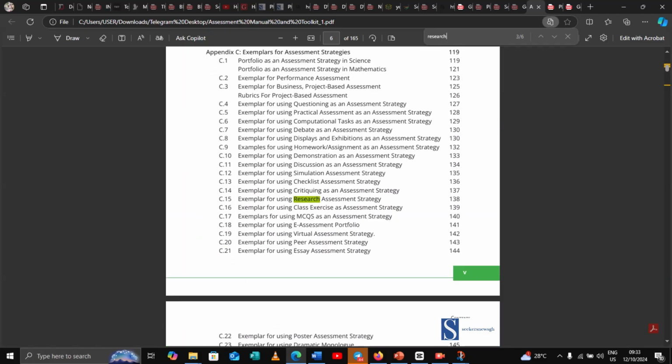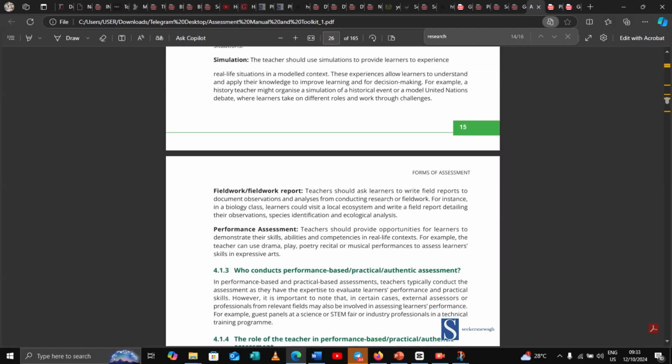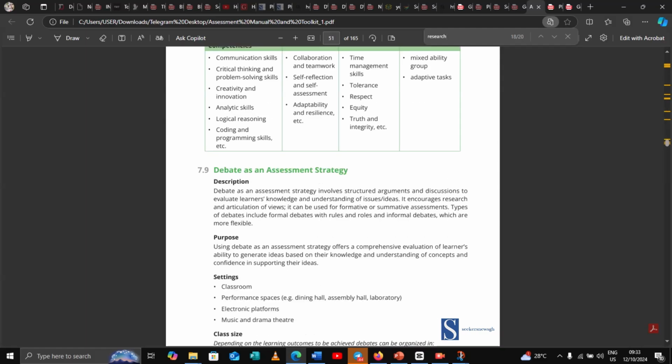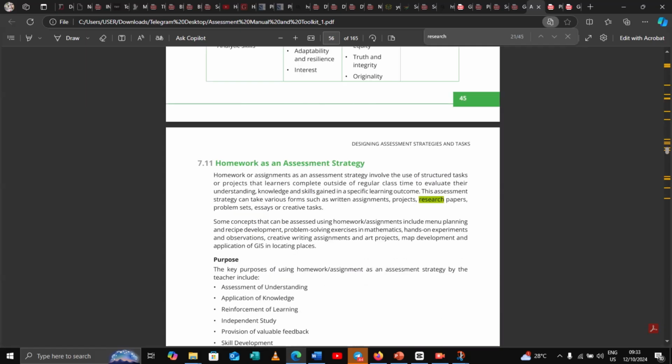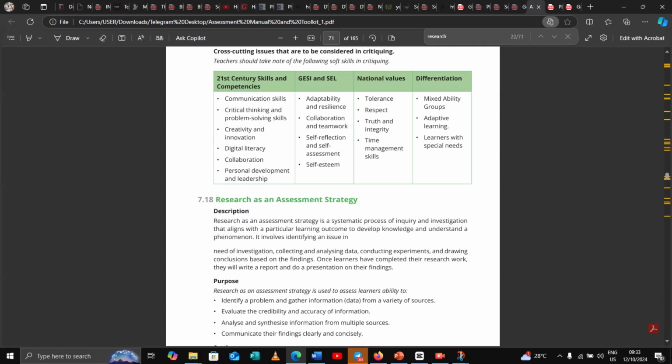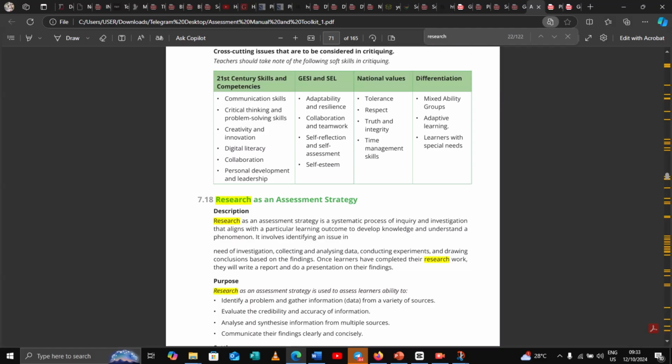So research as a strategy, you find it in the assessment toolkit, homework, research as an assessment strategy. So it's here. So here all the explanation is given, so your facilitators will explain to you, or this is what we are all supposed to do. I hope we are all